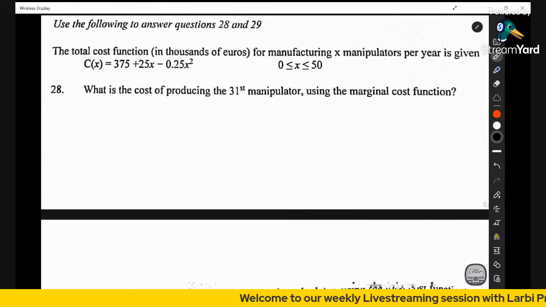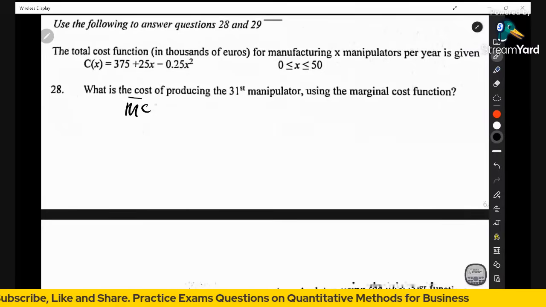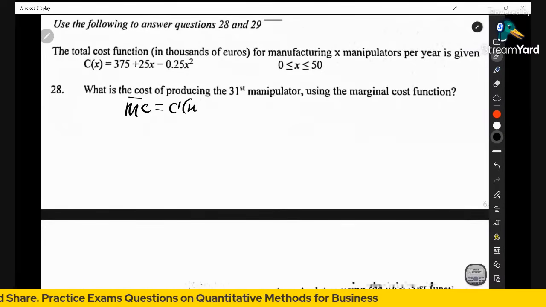The question here is, what is the cost of producing the 31st manipulator using the marginal cost function? First of all, we need to find the marginal cost from the cost function. So marginal cost, which is equal to the derivative of the cost with respect to x, should be equal to the differential of